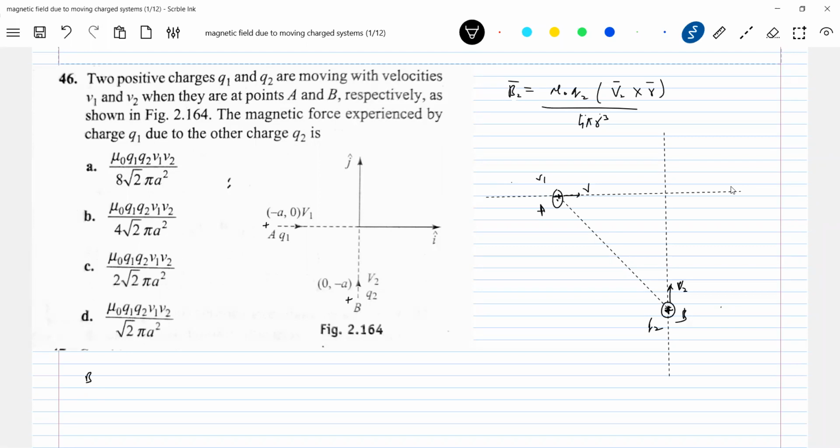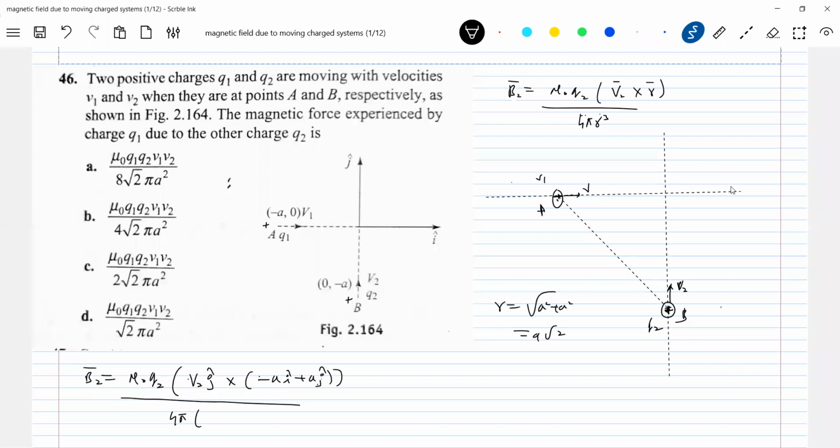So in vector form, mu naught Q2, V2 will be V2 j cap cross R bar, which is minus A i cap plus A j cap, divided by 4 pi, root of A square plus A square, cubed. Anybody, the value of R cube, how much will it be? R will be root of A square plus A square, which is A root 2. So A cube